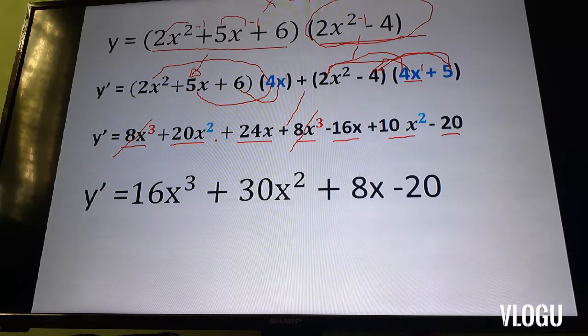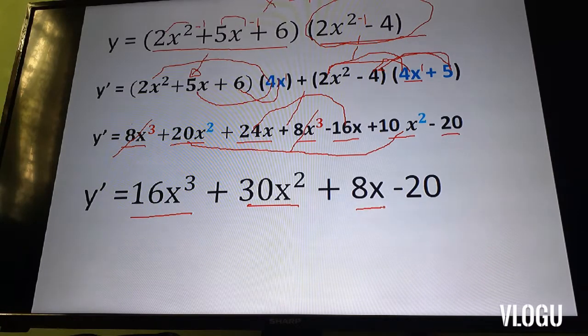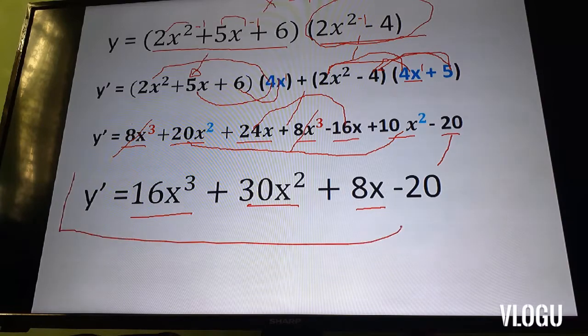Then I have 20x squared. Do we have a partner here? And 10x squared, that is equal to 30x squared. Then we have 24x and 16x. Since they are different in signs, we have to subtract, and that would give us 8x. Then we have the remaining number, which is the constant, negative 20. Thus, this is our final answer for our